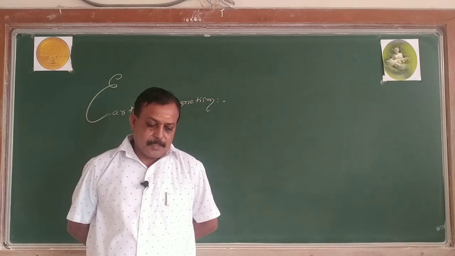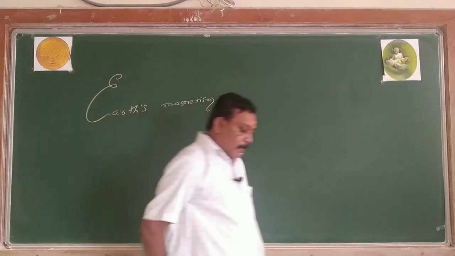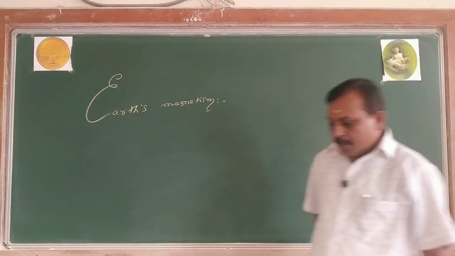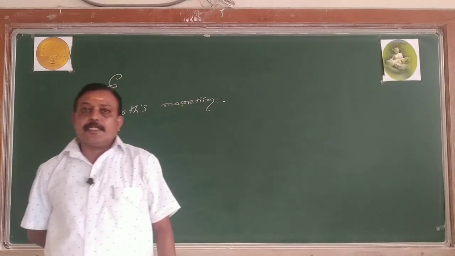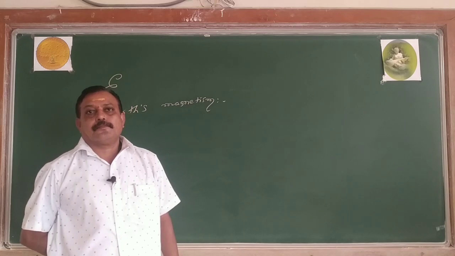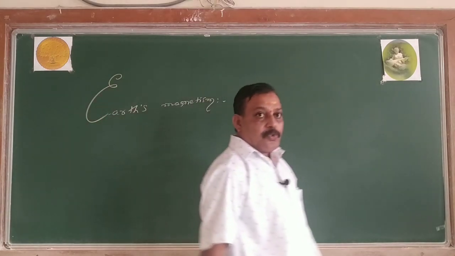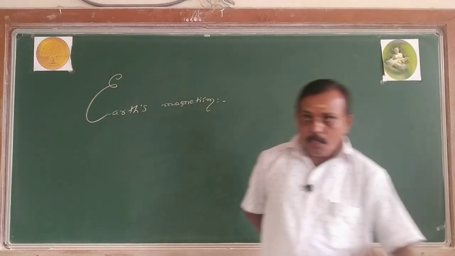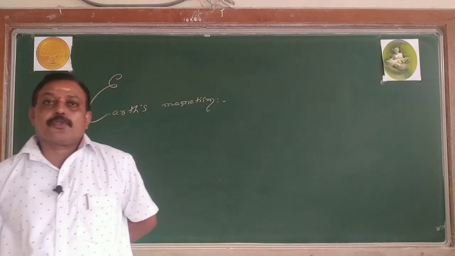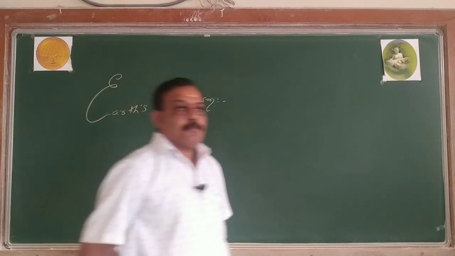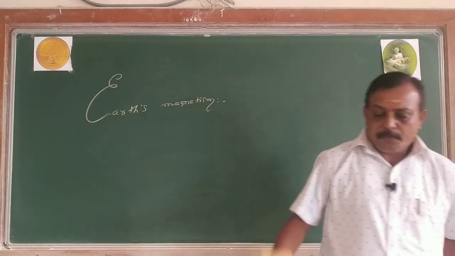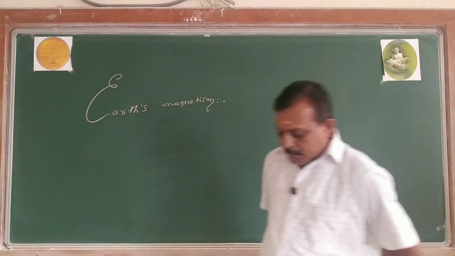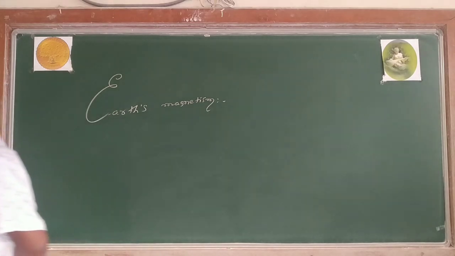Then when Earth is acting as a huge magnet, if I take the bar magnet and suspend it in the Earth's magnetic field, it always shows north and south. When Earth is acting as a huge magnet, it also possesses what? The poles, magnetic poles. The magnetic poles belonging to the Earth are called geographic north pole and geographic south pole. The poles of a magnet are called magnetic north and magnetic south. For the Earth, they are called geographic north and geographic south.